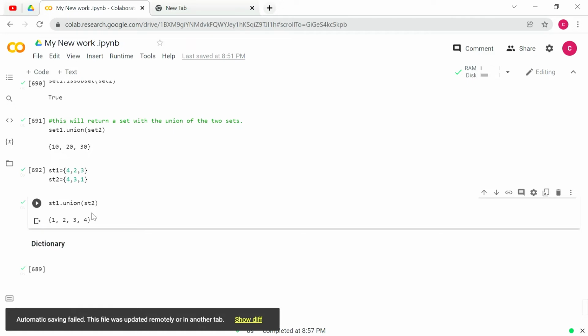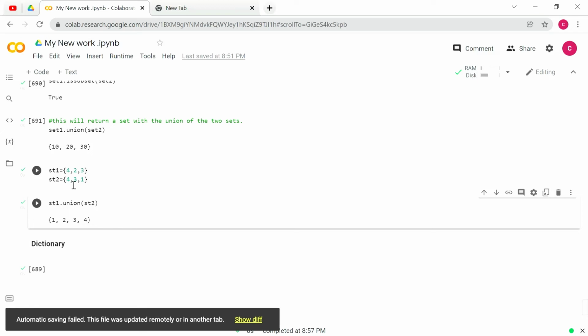Yes, in this output we can see set1.union(set2) gives 1, 2, 3 and 4.